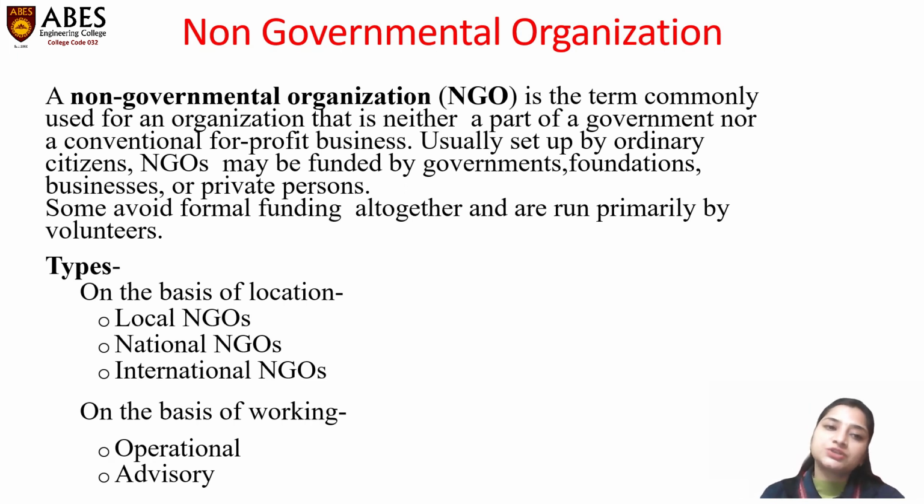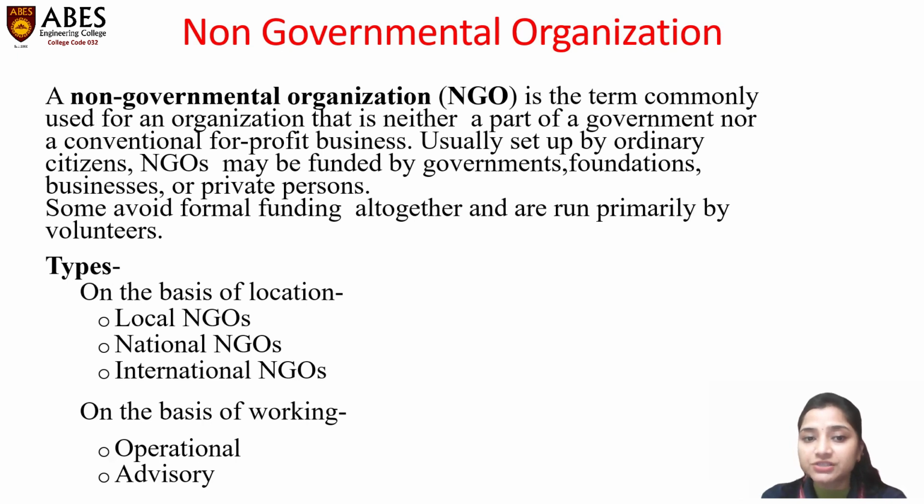If we talk about the classification or the types of NGOs, there could be five types of NGOs, which can be further divided majorly into two portions. If we talk about NGOs based on location, it could be a local NGO, like region oriented, city oriented, or even state oriented. Second, national NGOs. Those NGOs are nation-wide or country-wide recognized and are working on a certain platform irrespective of the place and the people by whom it has been initiated.